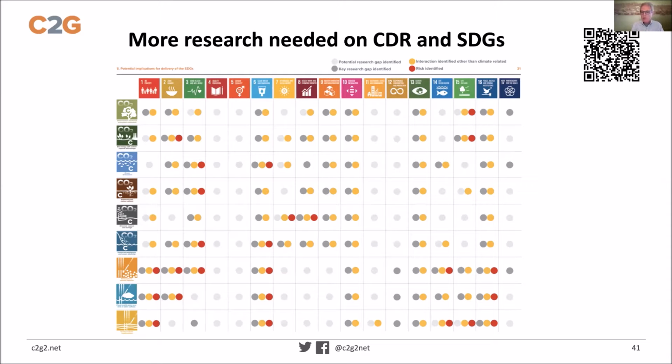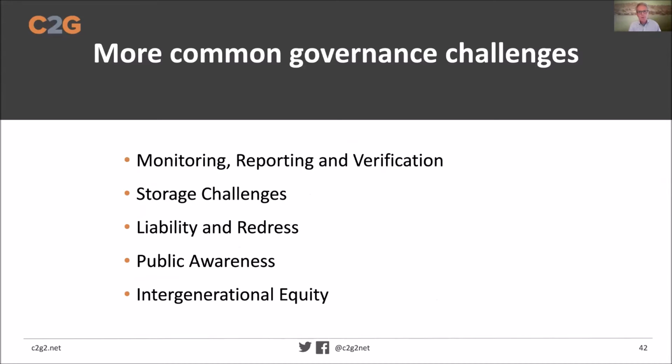Anyhow, you see there are lots of red points. Red points means risk. Dark gray would mean that a gap is identified. And then there are these light gray things where we don't even know whether we have a research gap or it's not even identified, so one hasn't even thought this through in a sense. Now, there are more common challenges which I want to point to, which are more obvious, I guess, when you take a step back: monitoring, reporting, and verification is not at the pace and scale of the challenges and use of these removals in various dimensions.